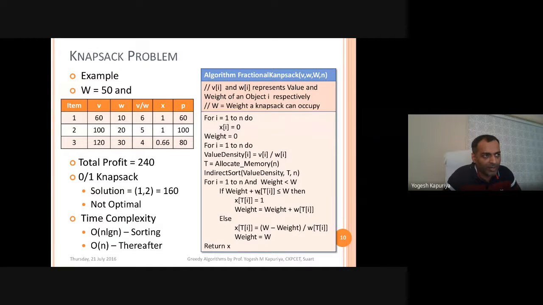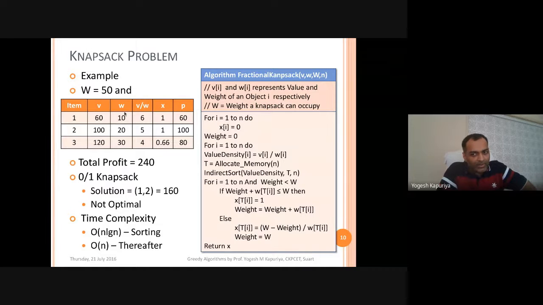Obviously, the weight of the object and the current capacity of the knapsack, if you add these two together, that has to be less than or equal to the capacity of the knapsack, that is capital W. So if you are picking up 100 gram or the object with a value density 6, then you need to check what is the weight of that object. So it's 10.